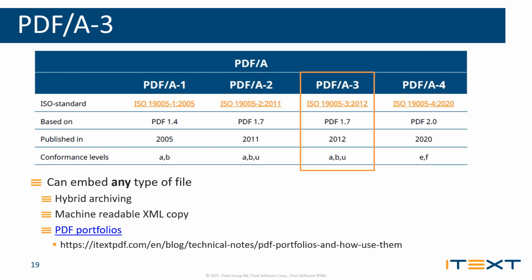Another interesting use case is when we include a machine-readable XML copy of our document. This allows external applications to process the content in a much more performant way. This is applied in the ZUGFeRD specification. It's a format for electronic invoices. It's mostly known in Europe, and it combines a visual representation in a PDF/A form with an XML file for machine